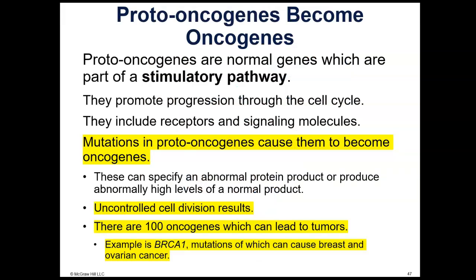So just basically, proto-oncogenes stimulate cell division. When they become cancerous, cell division is not controlled anymore. And it says that here, mutated proto-oncogenes lead to uncontrolled cell division. There are 100 identified oncogenes or cancer genes, which can lead to tumors. One is called BRCA1. Mutations of this gene can cause breast cancer and ovarian